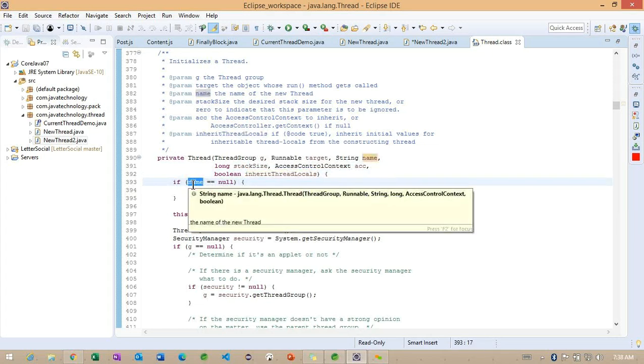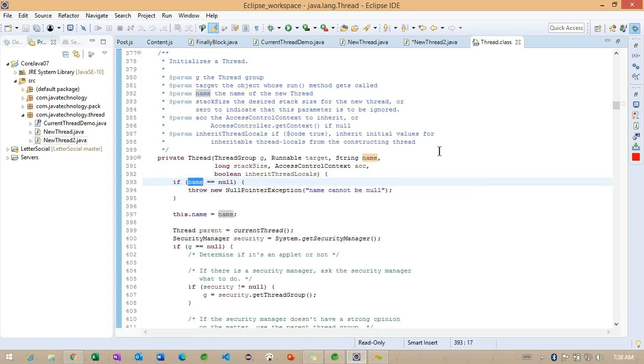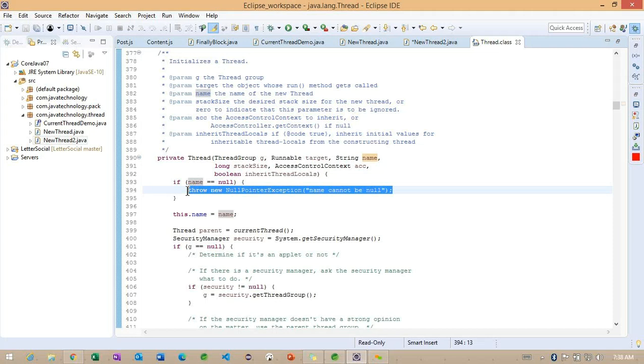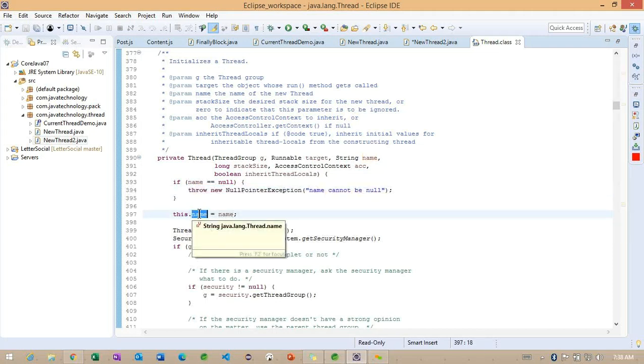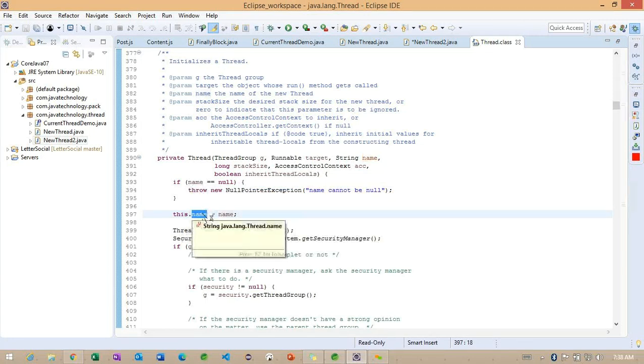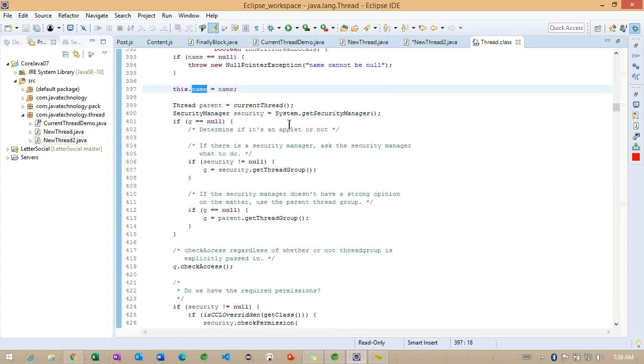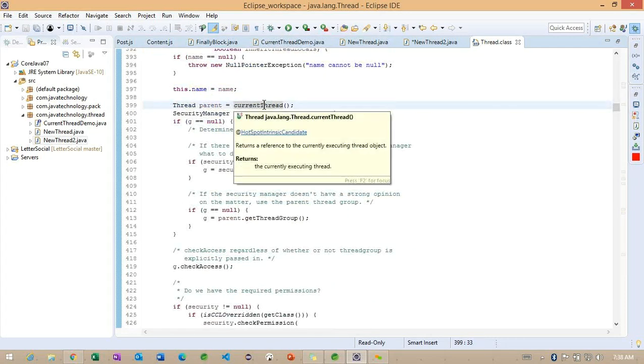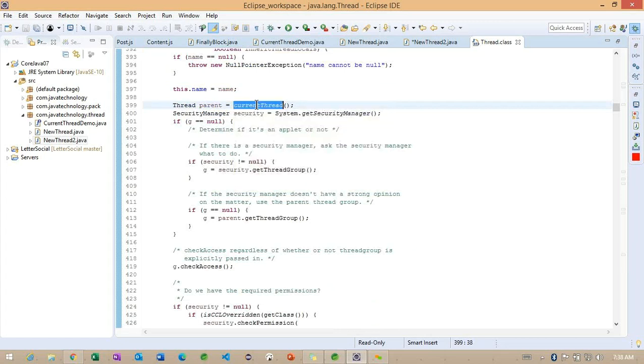Basically, if the name of the thread is null, we get a NullPointerException. Internally, they are assigning the local variable to the instance-level variable. After that, they again call currentThread. Which thread are we going to get here?